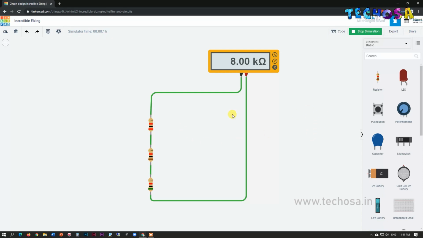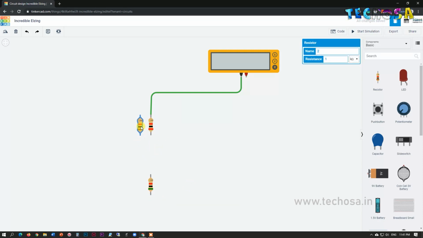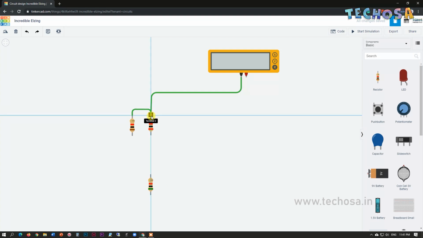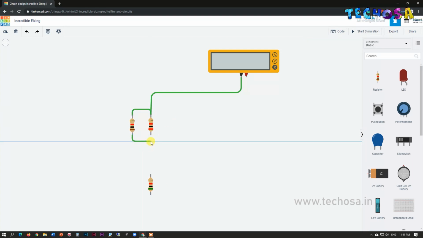Let us check what happens if we connect the resistors in parallel. So first delete these connections, drag this resistor and place it over here. Now connect the leads of the resistors. So we are connecting the leads of the resistors together.